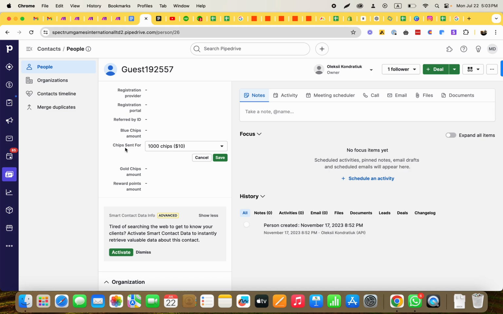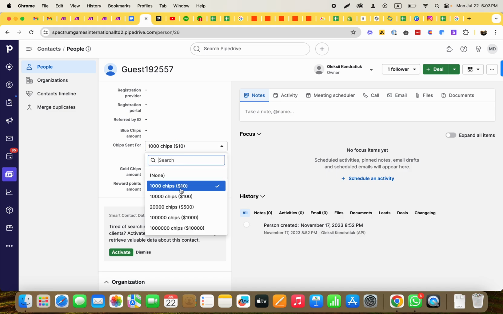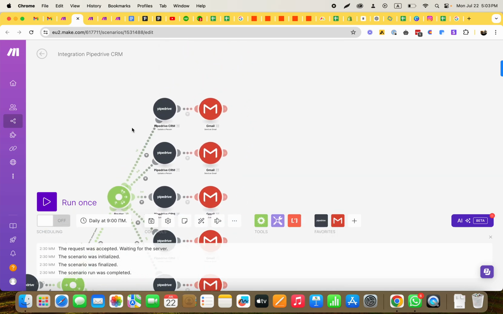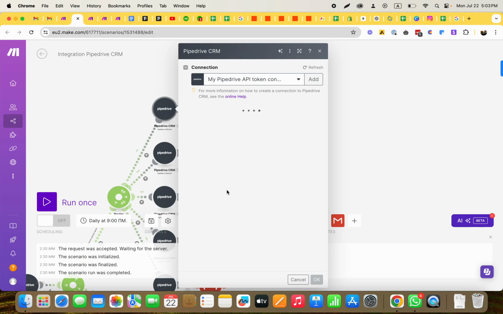I created a custom field where I'm mentioning that for $10, 1,000 chips are being sent. Whenever it does not exist, then it will send the chips. So this way we can't have any duplicates. So, making it perfect, I added these filters, and then it will update the person